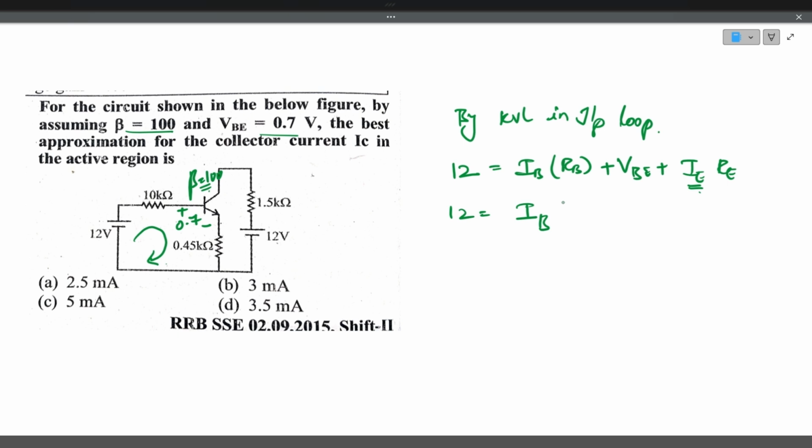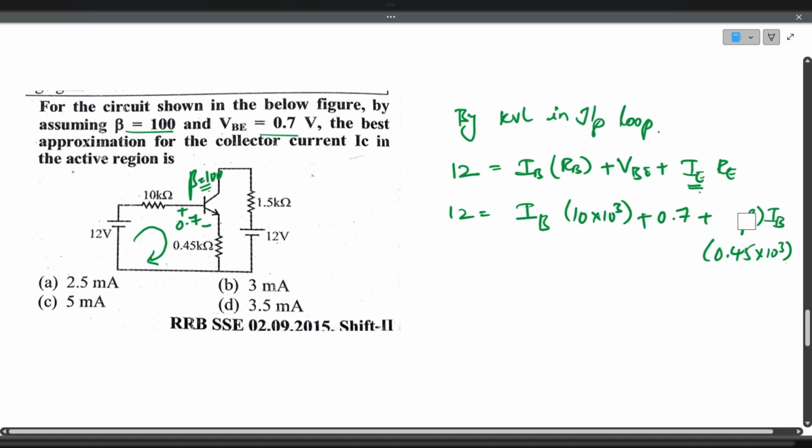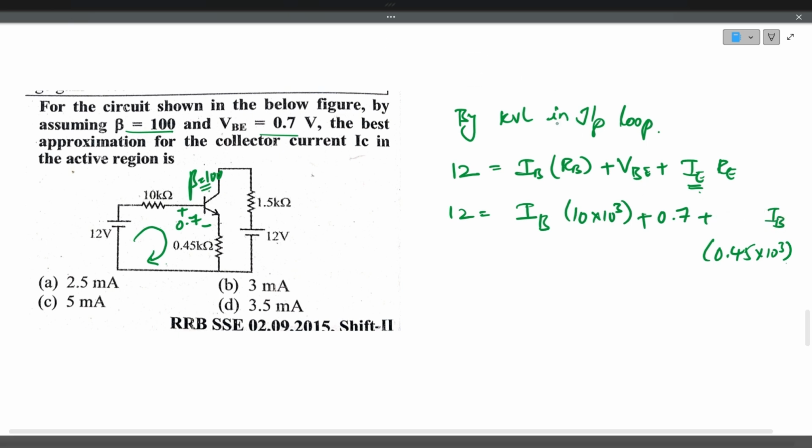So let's write down simply IB into RB. RB is 10 kilo ohms, plus VBE is 0.7 volts. Emitter current can be written as 1 plus beta into IB. Emitter resistance is 0.45 kilo ohms. So here 1 plus beta can be written as 101. So the unknown parameter is the base current IB. So 11.3 is equal to